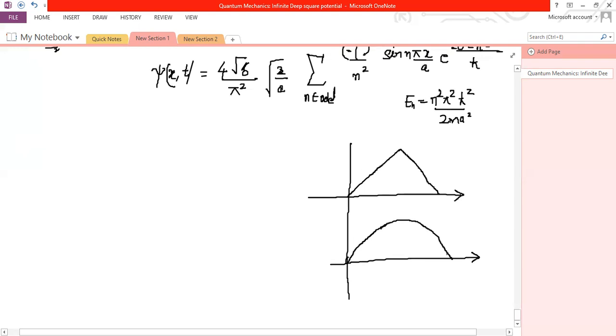So barring this spike here, almost the trend is similar. So it tempts us to really find the probability of finding the particle in the ground state,